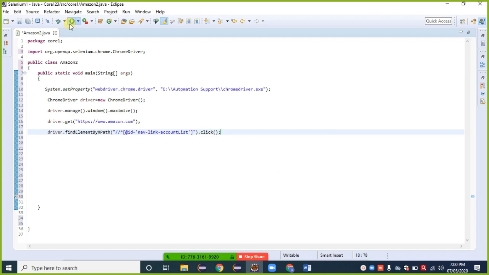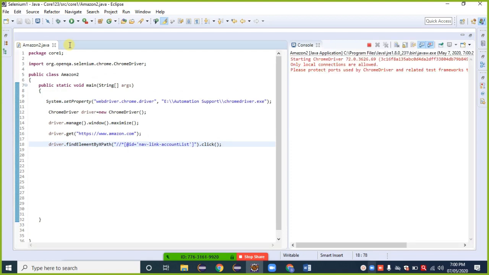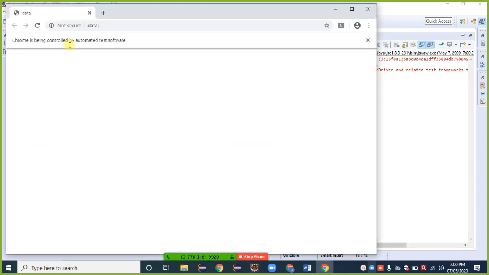Run button. Browser launched successfully.